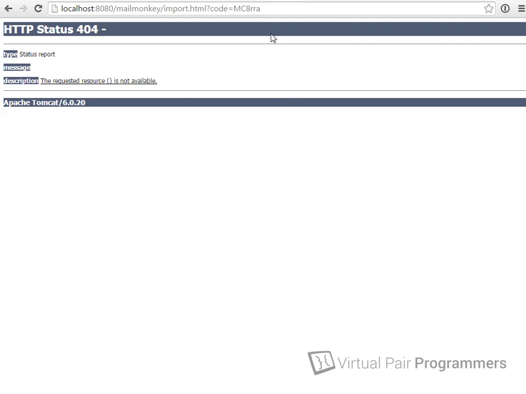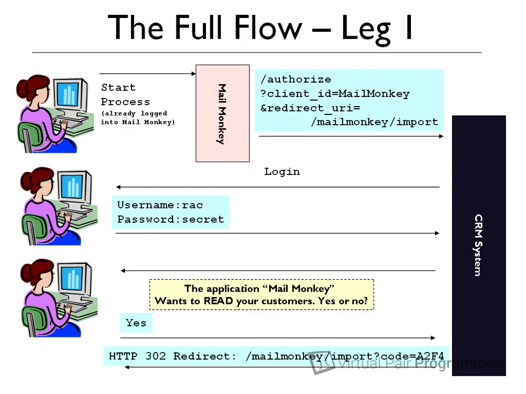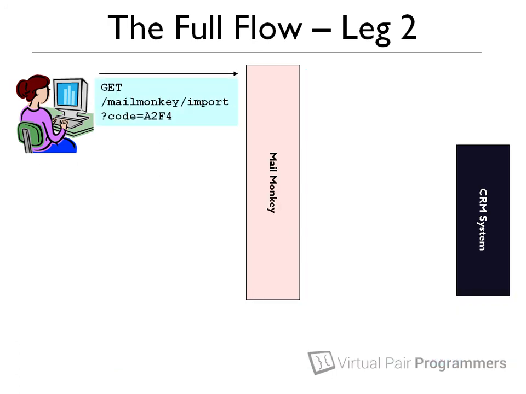I hope you can see now that the browser has indeed attempted to request the URI of /mailmonkey/import.html with an authorization code. This is exactly what we wanted on this final step. And in fact, what we've really got here is the first step of leg 2, a GET request to the